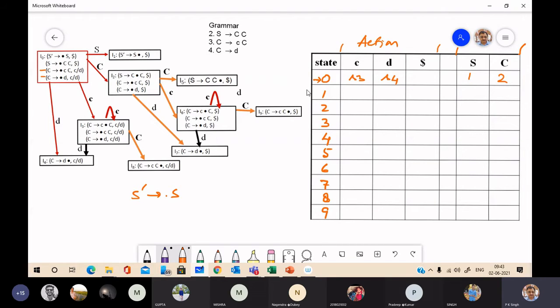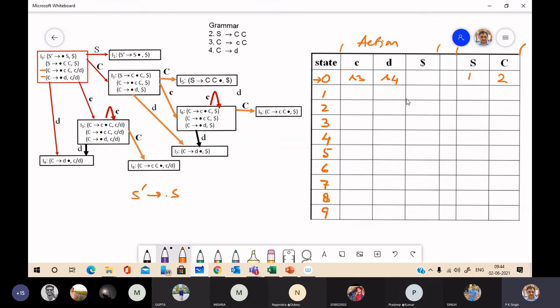Now see the next state, state 1, from item set I1. It has S' → S ., where S is the start symbol. So apply rule 3.